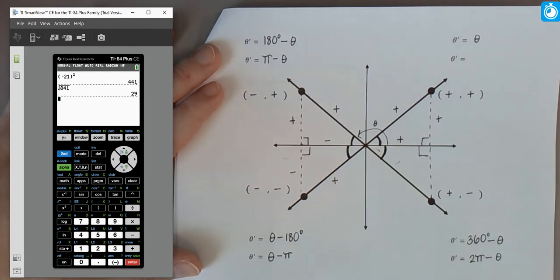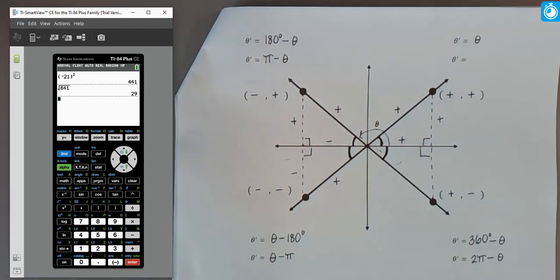It's going to be a better idea to just draw a picture, because once you have a picture of what the situation looks like, finding the reference angle usually is a little bit more straightforward, and we can just visualize what we're looking at. Now, one other thing I want to point out, a common mistake that a lot of